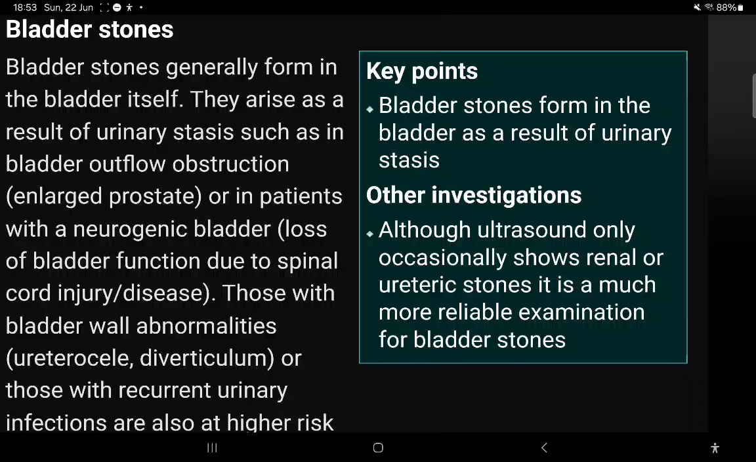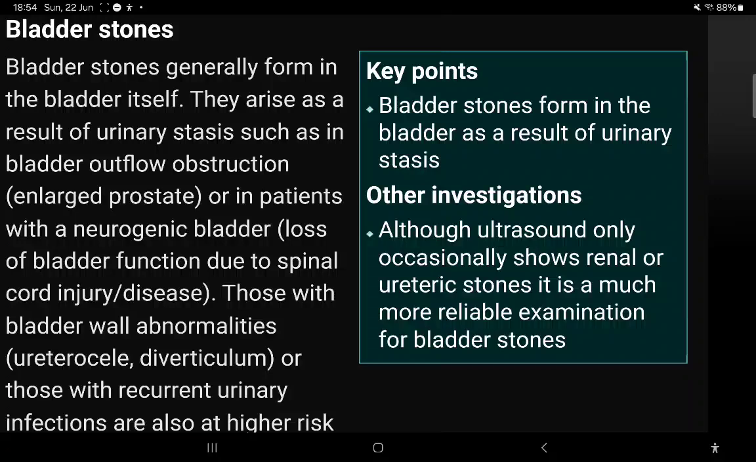The bladder stones. Key points for bladder stones: they form in the bladder as a result of urinary stasis. Other investigations: although ultrasound only occasionally shows renal or ureteric stones, it is a much more reliable examination for bladder stones. In ultrasound, bladder stones generally form in the bladder itself. They arise as a result of urinary stasis, such as in bladder outflow obstruction, in cases, for example, of enlarged